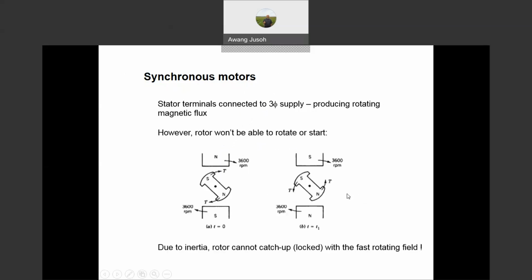We can imagine it like this. Okay. So this N and S represent the rotating magnetic field produced by the stator current or stator winding, and it has a very high speed. For example, in this case, the speed is equal to 3,600 RPM. I mean a very high speed of our rotating magnetic field. And this is the rotor of the machine. What happens now? The motor has very high inertia, J.